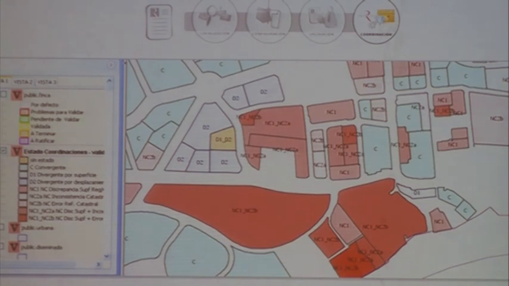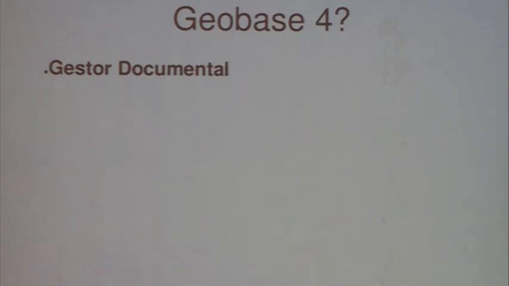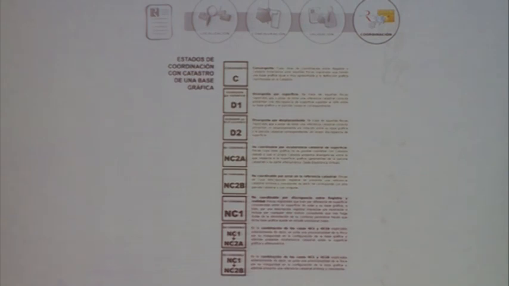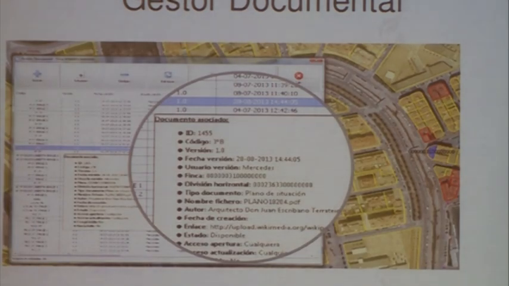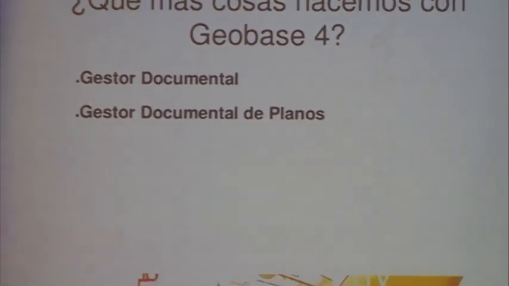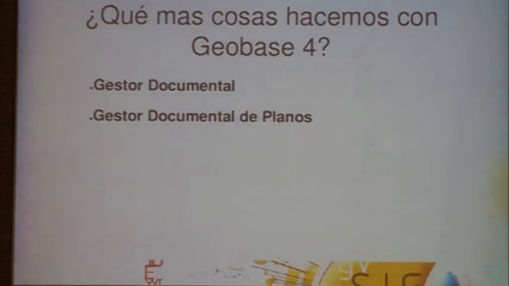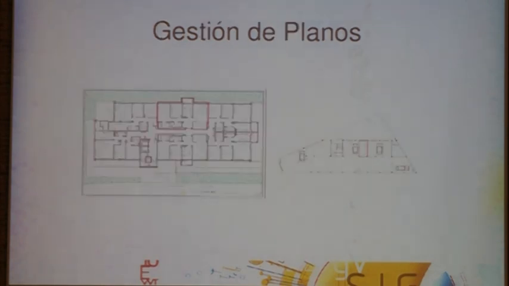Each one of these labels tells us the state in which the registered plot is. Here we have the different states and status. This can generate reports for the owner, on what they have to do in case there are disagreements between the reality of his or her property and any other legal data. We can do metadata. We can manage the history, and it also has a documentary manager and a documentary manager of drawings,